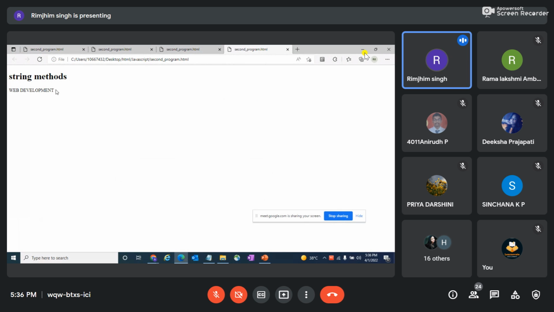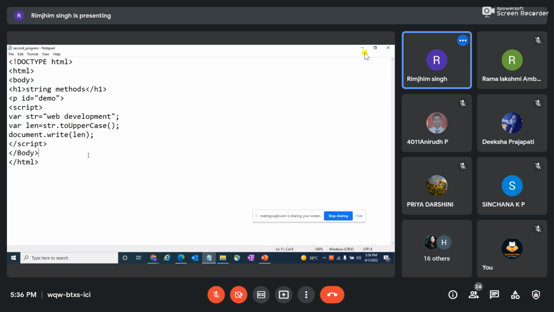So similarly, this toUpperCase, toLowerCase, and str.length, these are the 3 string functions I have covered as of now. So let me just also cover str.replace, means dot replace function, and how does that work. So what I'll do is, like str dot replace, herein I'm replacing the value. Okay, so herein I have to pass in 2 values, the value which I'm replacing, and then the newer value. So herein I'm replacing web with today.